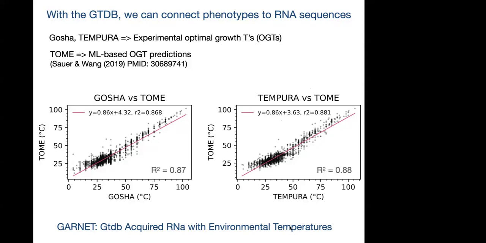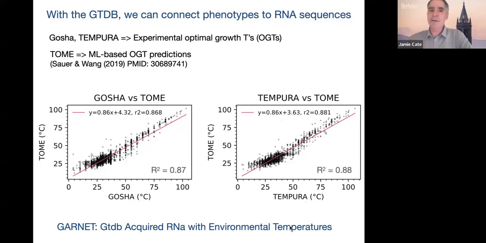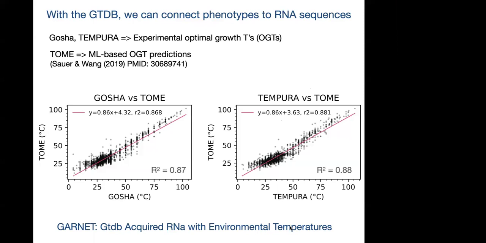Does the connection of phenotypes to RNAs happen at the database level? We are not yet at the level of deep learning. Yeah, so they happen at the level of the GTDB, the Genome Taxonomy Database, which has genomes. For each of those genomes, we can assign a growth temperature for the organism that genome encodes. And because we have the growth temperature for the genome, we then have an optimal temperature for the RNAs encoded by the genome. That's how we got the temperatures. Does that make sense? Yes, yes.